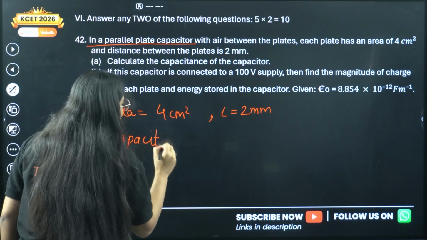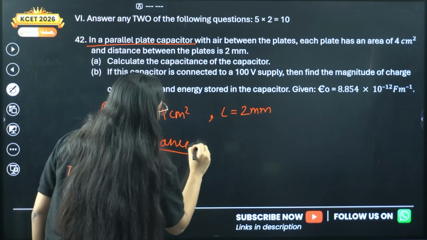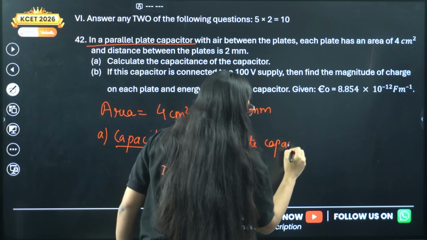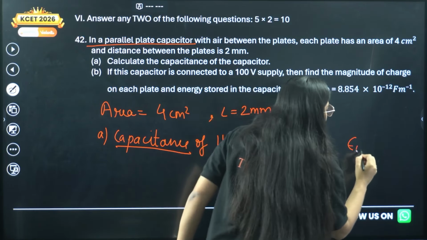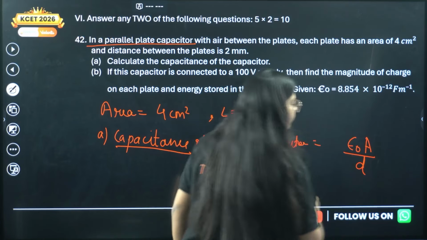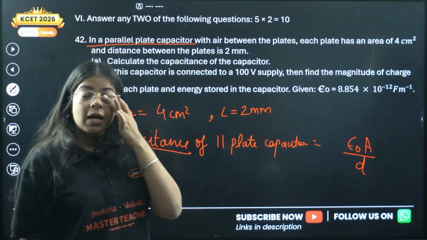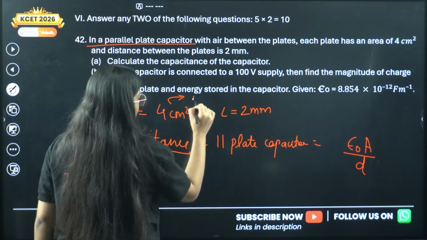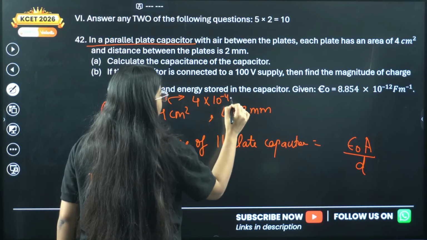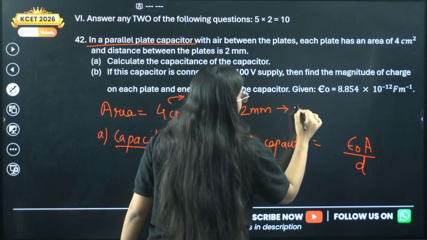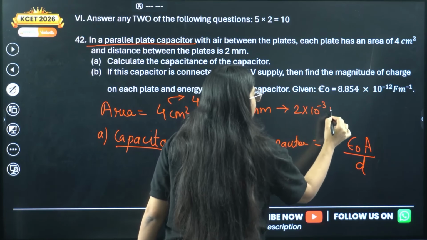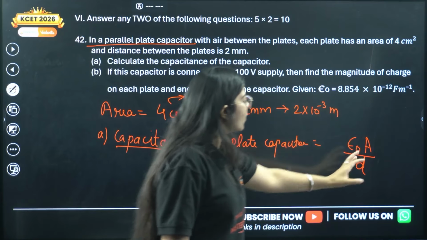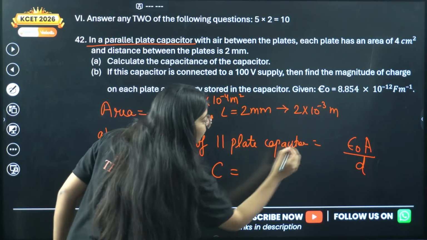Now I know the capacitance of a parallel plate capacitor will be epsilon naught A divided by D. Correct? Let me convert this into meters first. This will be 4 into 10 raised to power minus 4 meter square, and this will be 2 into 10 raised to power minus 3 meters. Correct? You just have to put everything here. You are given epsilon naught as well. Just put it here and your C will come out to be